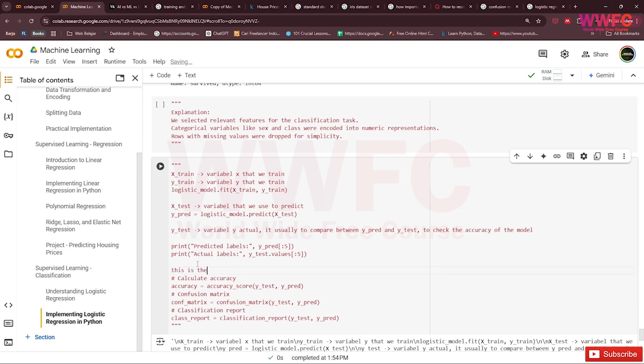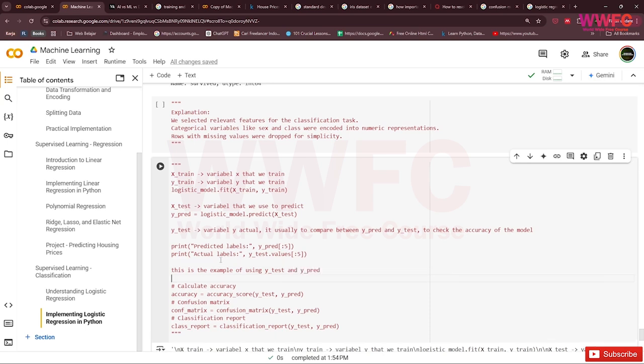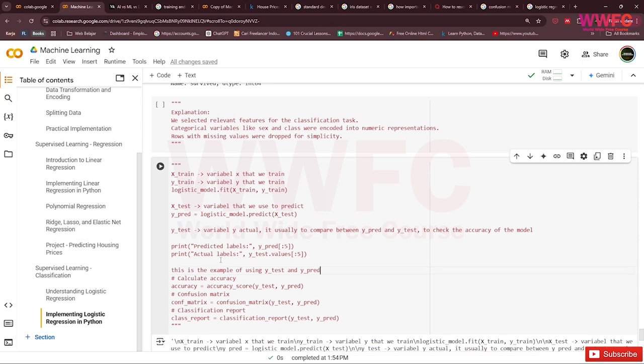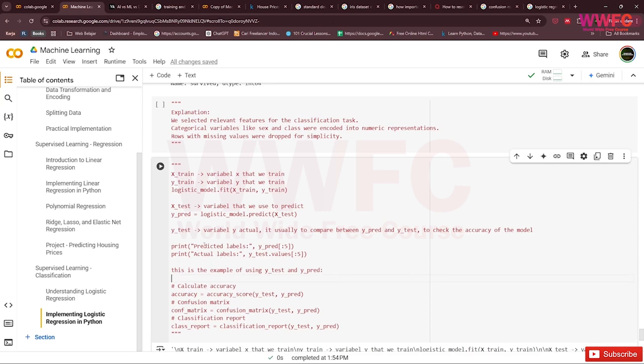This is an example of using y_test and y_pred. This is just our library code for you to understand the difference between X train, y train, X test, and the prediction and test.